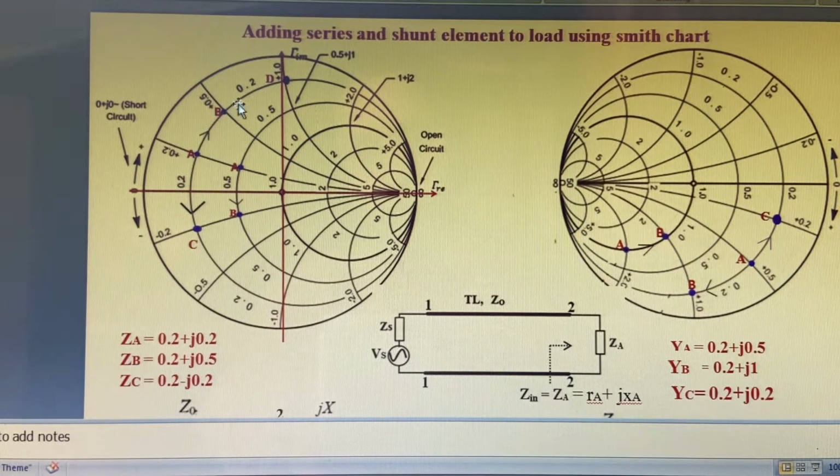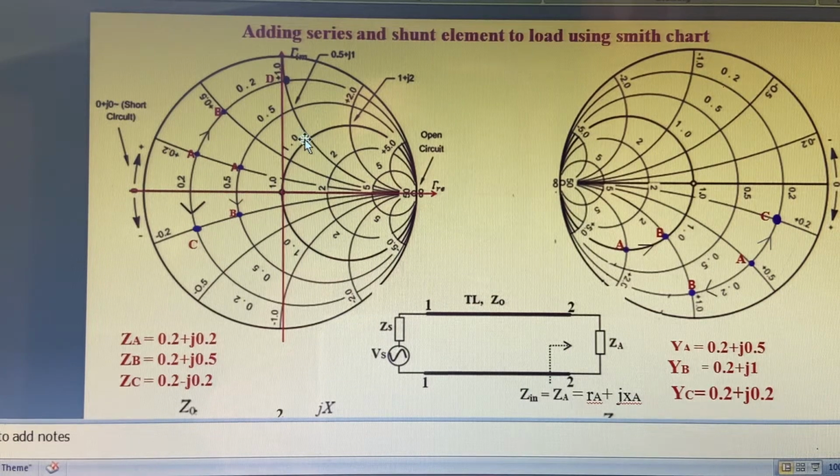Because as we move over resistance circles, the resistance value remains the same, only the reactance value changes, as you see here. The reactance is 0.2 here. If you move to here, the reactance changes to 0.5, but the resistance remains the same. Similarly, if you move to this point, the reactance is 1, but the resistance remains the same. Similarly, you can move over any circle here also. For example, from the center here, the reactance is 0. If you move from here to here, the resistance value remains the same, that is 1 only, and